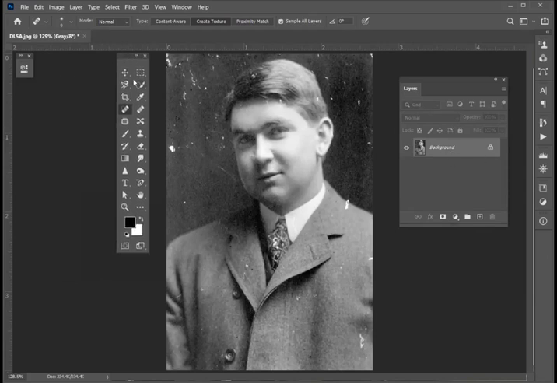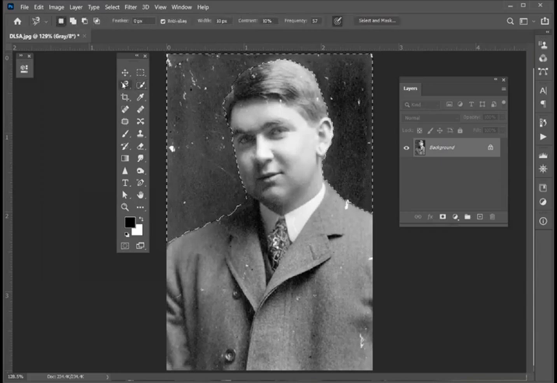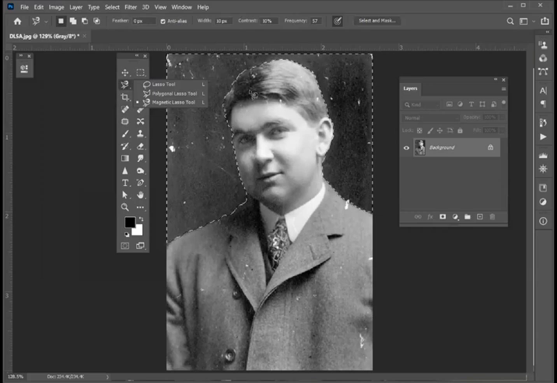What can I select that with? I could use the quick select, but it's not as precise as some things. If I hold the option key, I can get the negative select and back off that selection, and that's not too bad. There's another way to select when you want to do precise work. I'm going to Command D,